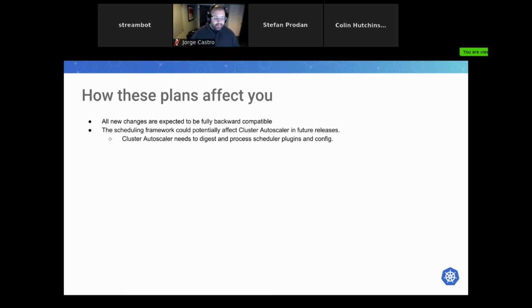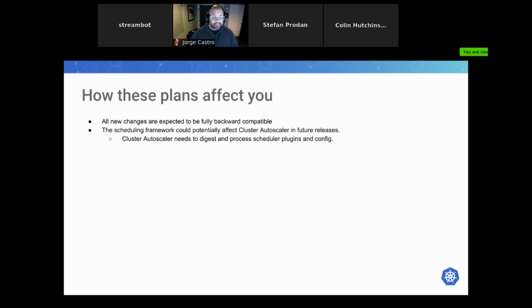The only thing that we expect to happen is that cluster autoscaler may not necessarily work very well with the scheduling framework, because the scheduling framework allows the scheduler to be very customizable, and it could change. Basically, the behavior of the scheduler could change depending on the configuration and the plugins that you use.